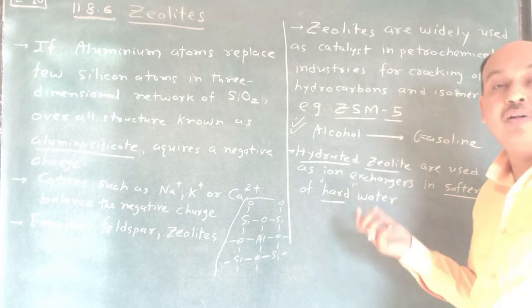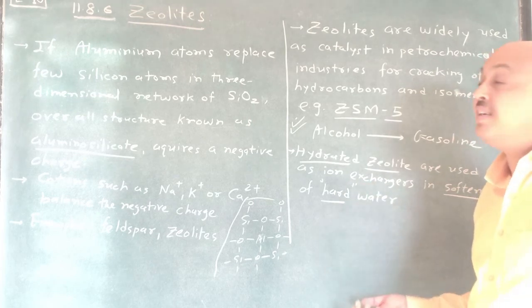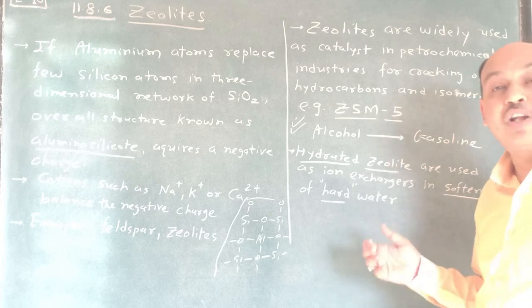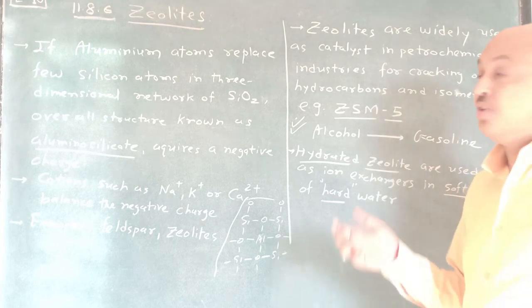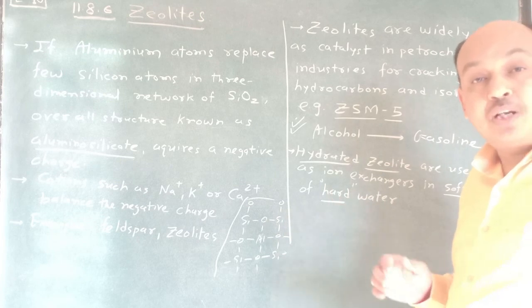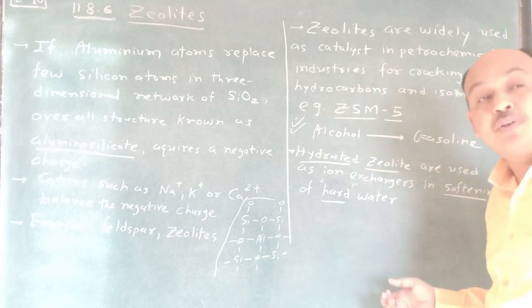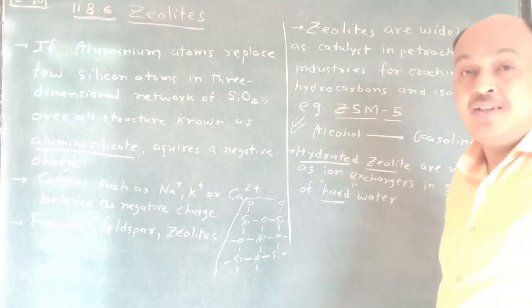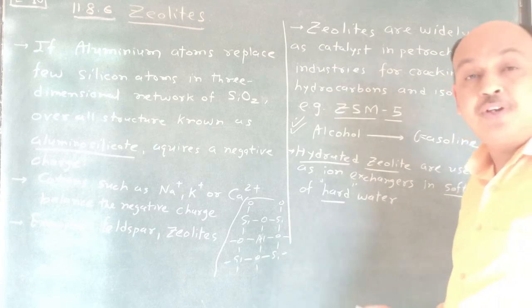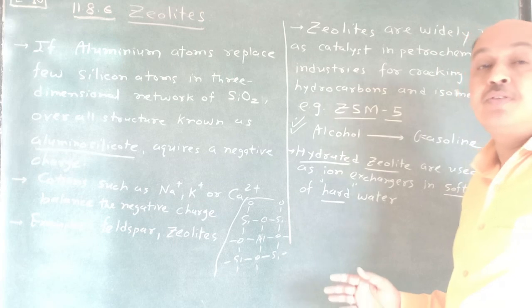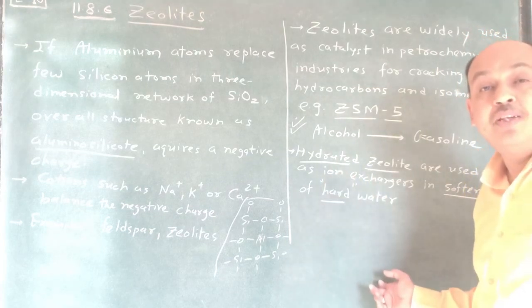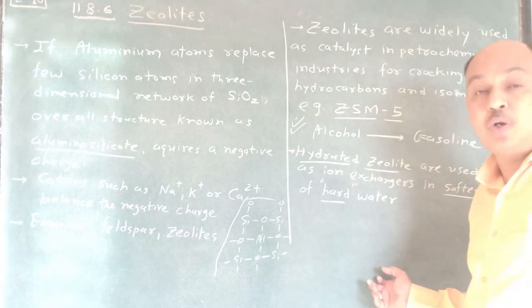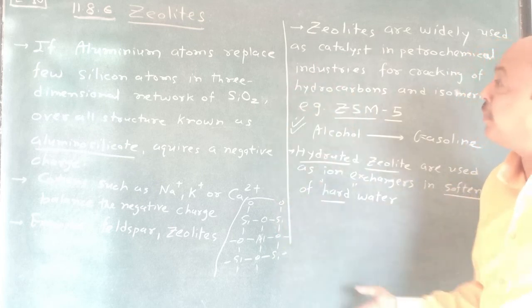Please read all those questions and answers, and they are very useful in standard 12. Certain properties are useful, certain reactions you have to remember, certain formulas you have to remember. Write down the formula 5 times or 10 times and remember it. Okay, it becomes very easy for you. You have to write it because you are learning it for the first time. You require practice. So write it completely.